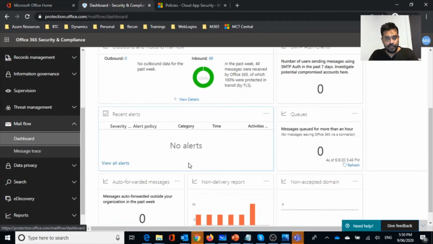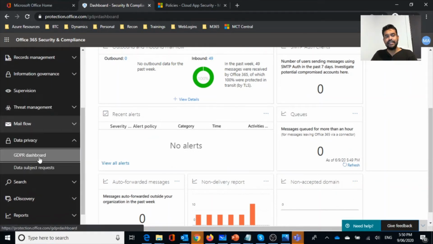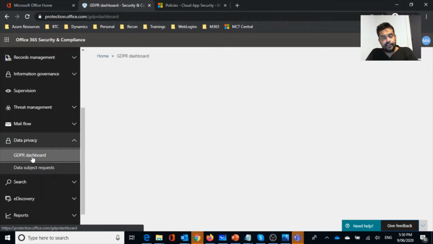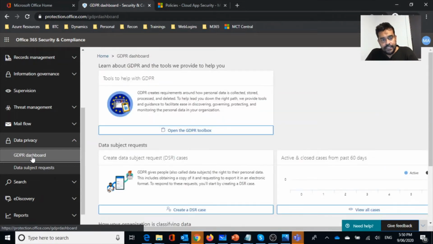Obviously I don't have much data there. And if you go into data privacy, you would see GDPR related information, General Data Protection Regulation related information. GDPR was approved in the European Union a few years ago, and it was enforced on most cloud service providers, including Microsoft. So there, if you go into the GDPR toolbox, you will find information related to